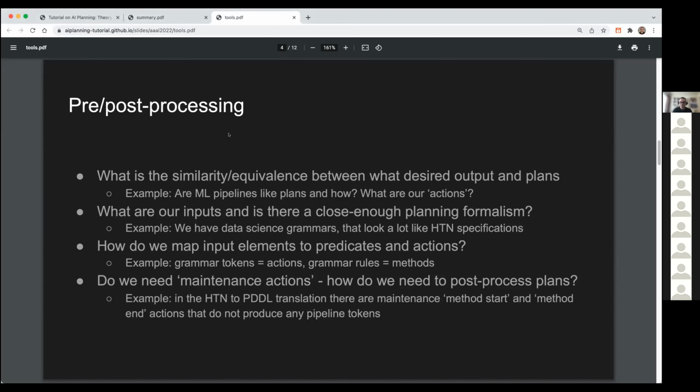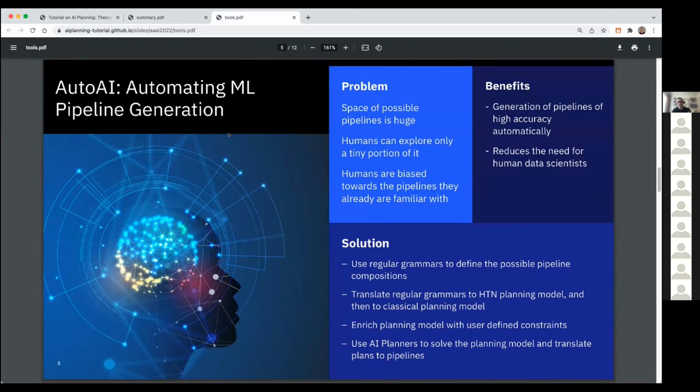So what's the application space of today? Shirin already described this problem. We want to be able to explore a large space of ML pipelines, and the space is huge. If you ever looked at, for instance, Kaggle competitions, the typical pipelines that appear there are very often extremely involved, to the point where they use estimators to create derived features, which are then used to train other estimators and classifiers, and so on. The reality is a lot of this is human creativity, and people are typically biased towards what worked for them before. So exploring a huge space of possibilities seems like a conceptual match for planning,